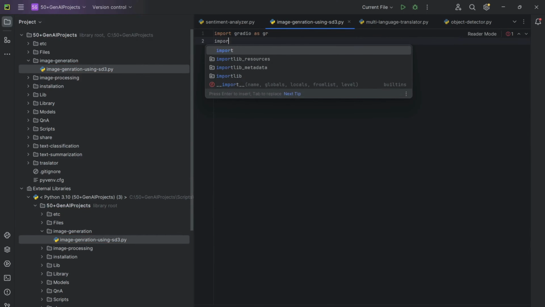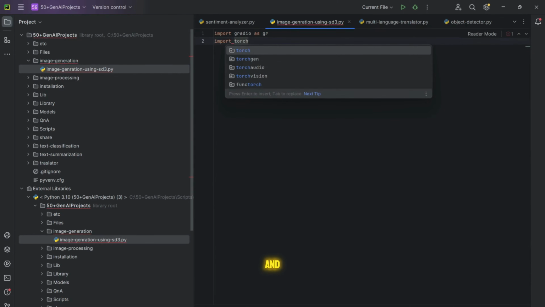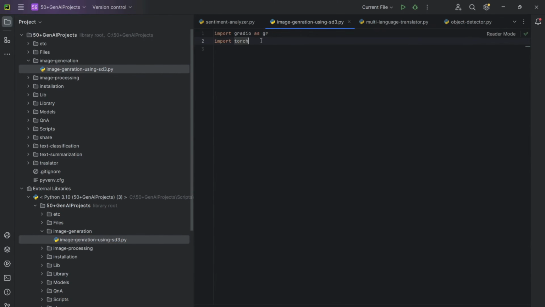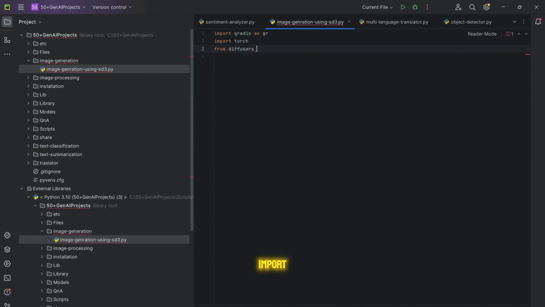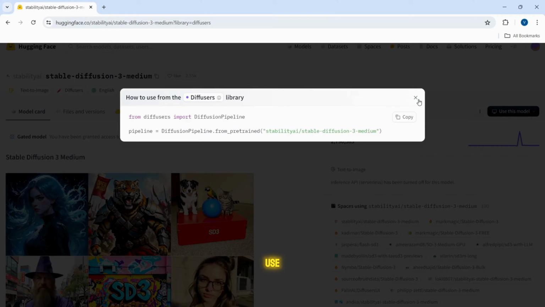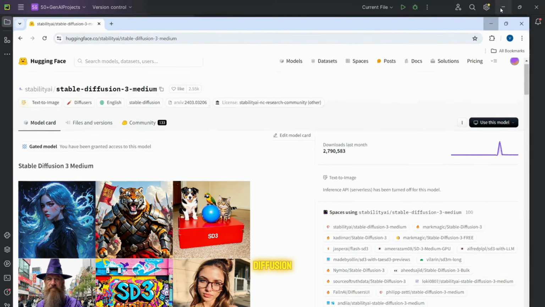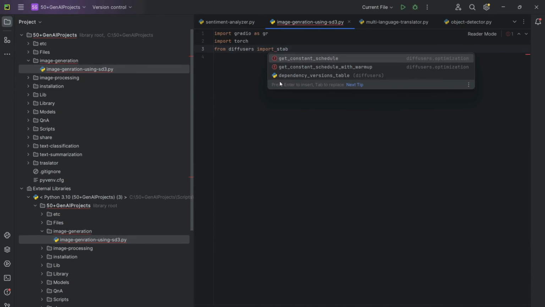I'll import torch, and the last one that we are going to use is from diffusers import, and this time, as I mentioned, we are not going to use the pipeline that we just showed, right? This one we are not going to use. We are going to use the Stable Diffusion 3 pipeline. So stable